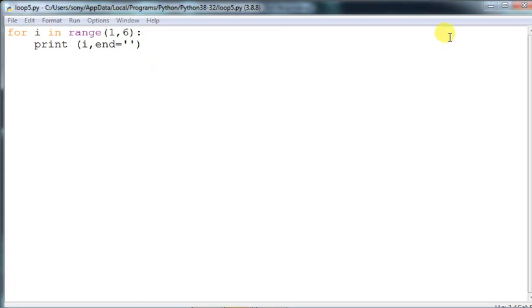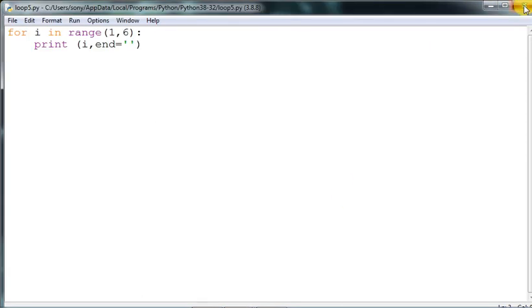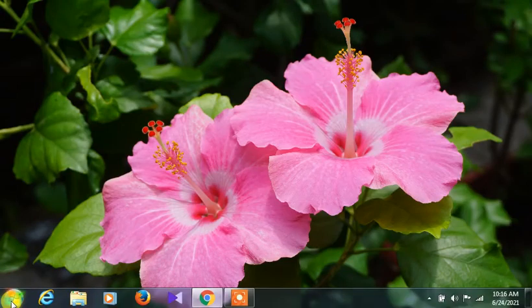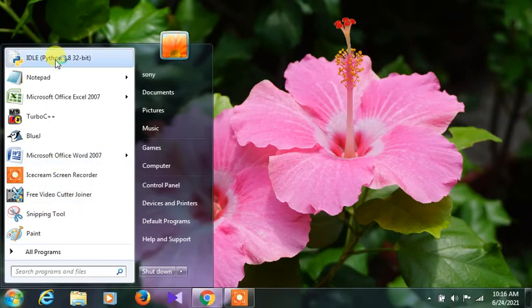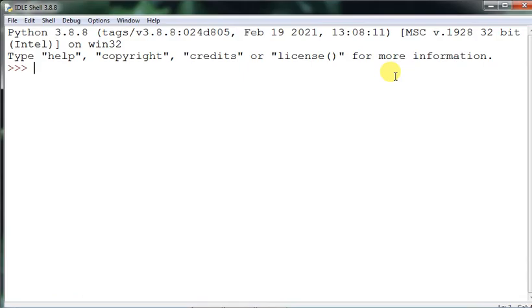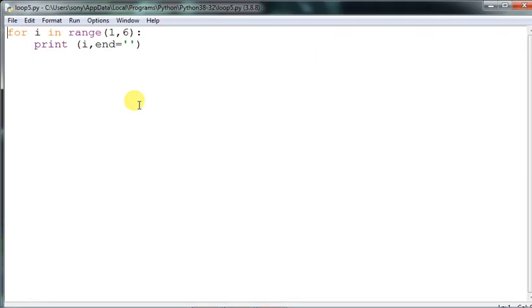There is another problem, just a minute, I'll close it and run it once again, so that will give you a clear idea. The range function always executes and gives the output one less. If you use 1 to 6, you will get 1 to 5. That is the normal, finite execution of a loop.